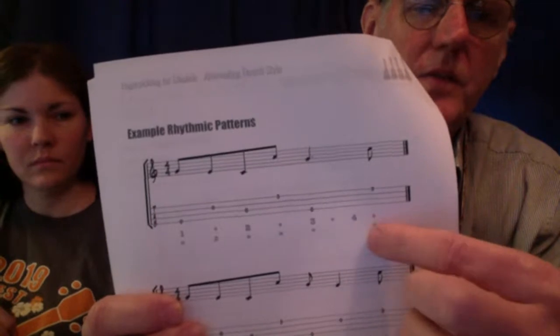So here's what I do to organize it myself, and it's my go-to pattern for these. I will have the core: thumb, index, thumb, middle, 4, 2, 3, 1. That's my go-to finger picking pattern if I'm not thinking of something else to do. So if I want to skip